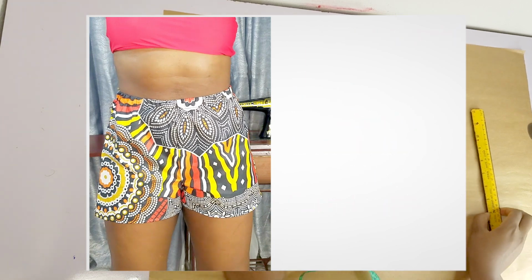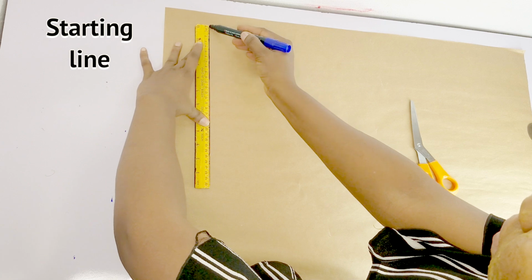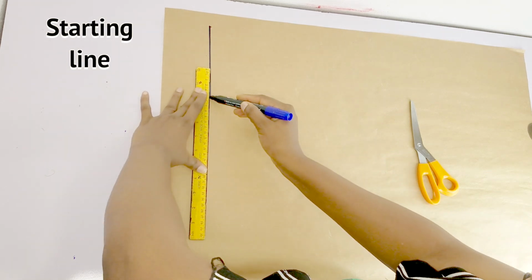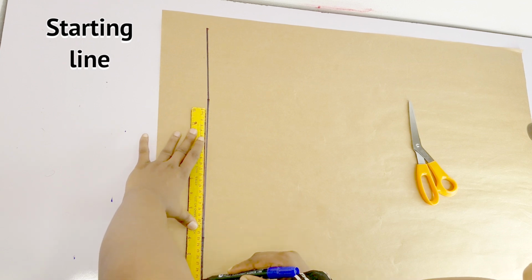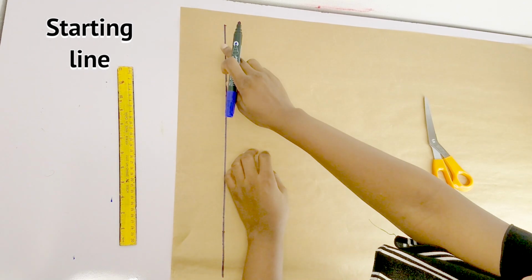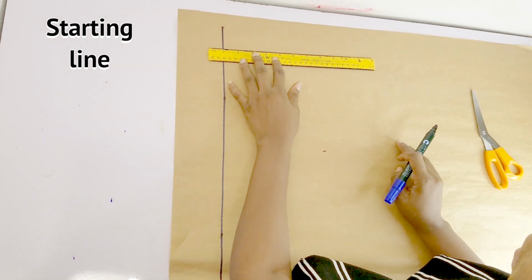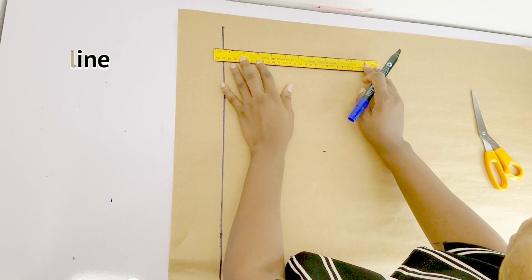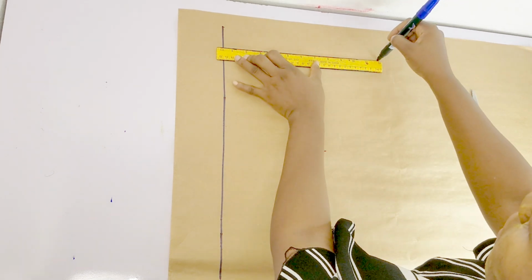So guys, I have my pattern paper here, and the first thing I will do is just indicate a starting line. Now if you have your fabric instead, you can also do this. All you have to do is fold your fabric into two, and then you mark along with me. So you don't need a starting line on your fabric, but just make sure that before you start making your points, leave allowance on the top of your fabric, because we'll be adding